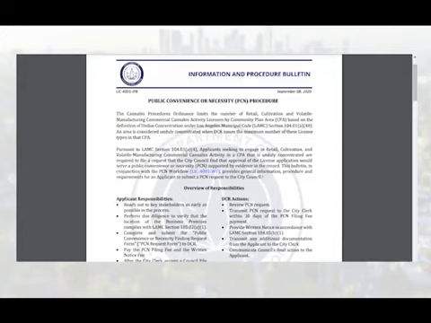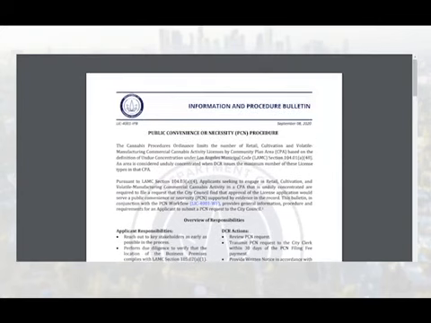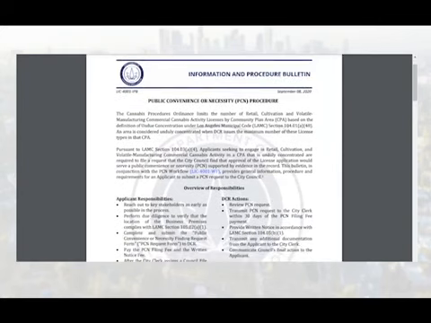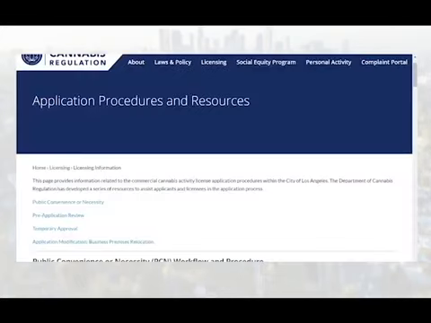This is the PCN Information and Procedure Bulletin. In each Information and Procedure Bulletin, applicants can find an overview of the process, specific forms and instructions, and any additional pertinent information needed for that specific process.